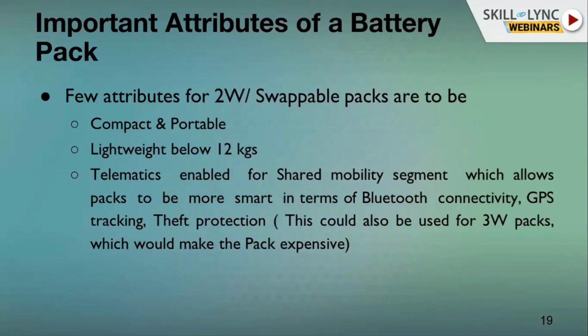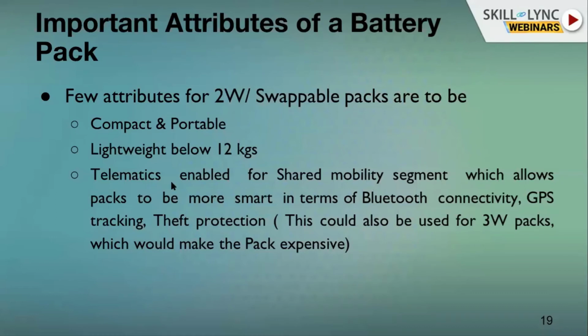And a few battery pack attributes of two-wheelers: it has to be swappable. If you can get time, go through a company called Gogoro. They have a swappable concept, or in India, there are companies like Sun Mobility who are working on swappable packs, or Bounce for that matter. Most of you might be knowing Bounce. So these are all portable packs. Once the battery pack is discharged, you can go to a charging station, replace the battery pack, and pay for the energy that you used. So it has to be carried very easily.